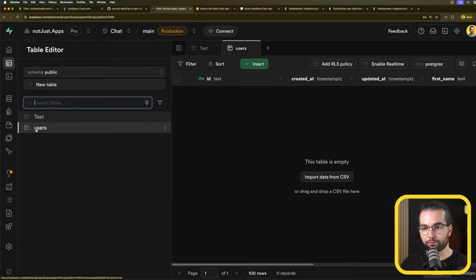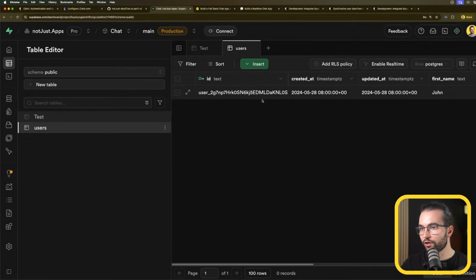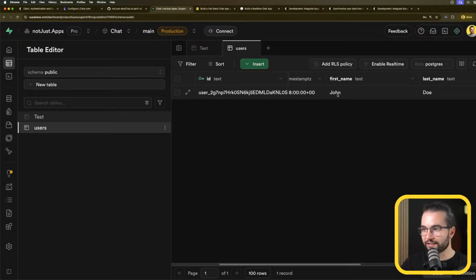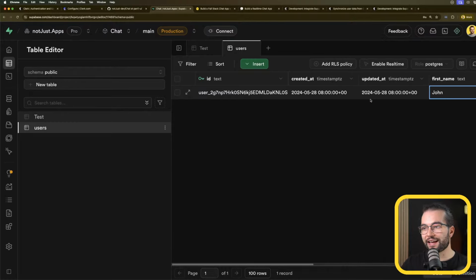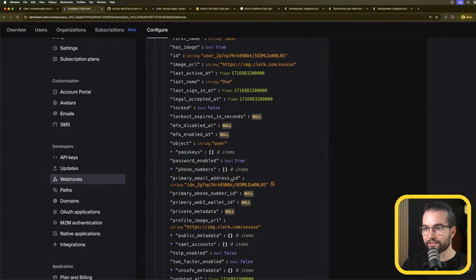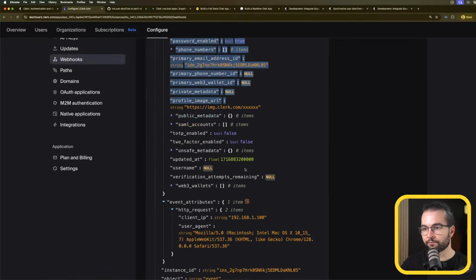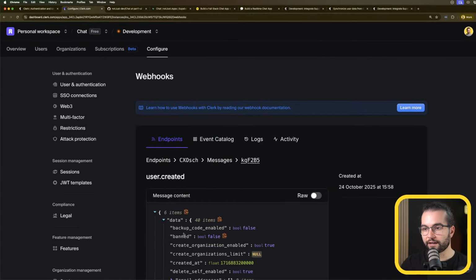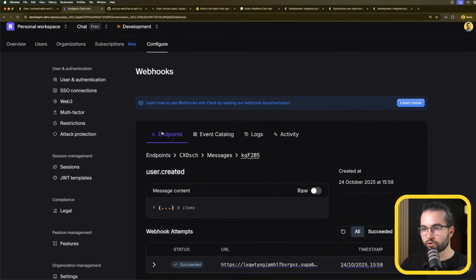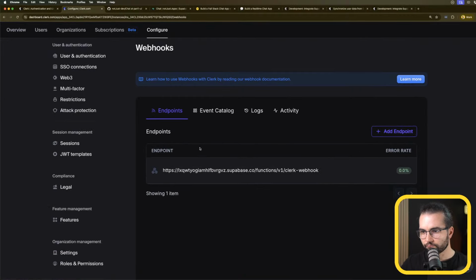And the outcome should be that in the users table, if I reload this, we should see a new row. A new row with the first name John, last name Doe, John Doe, and avatar URL. This is the test data that we sent from here. Cool, that's perfect. And you can also probably test the